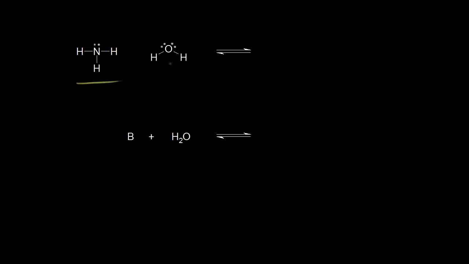Ammonia is a weak base, and if ammonia reacts with water, water is going to function as a Bronsted-Lowry acid. So water is going to donate a proton to ammonia, and ammonia is going to accept a proton, so it's going to be a Bronsted-Lowry base. So a lone pair of electrons in the nitrogen pick up this proton, which leaves these electrons behind on the oxygen. And if you protonate ammonia, you form ammonium, the ammonium ion, which is